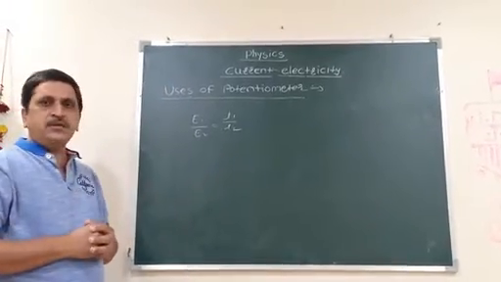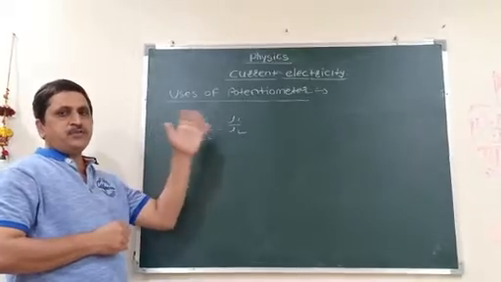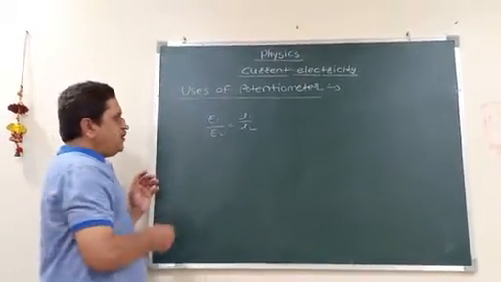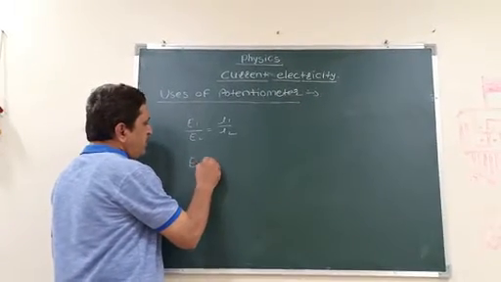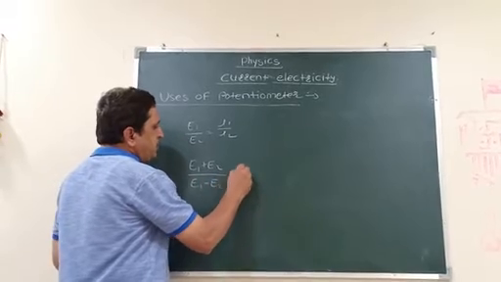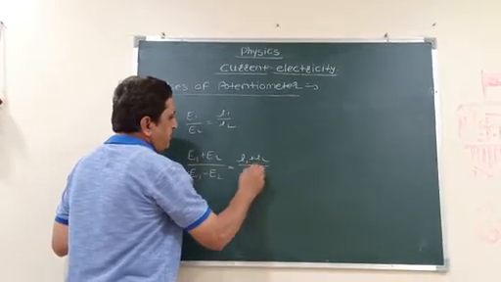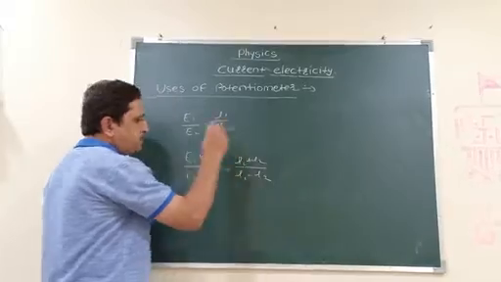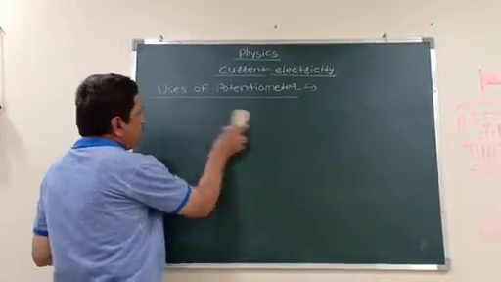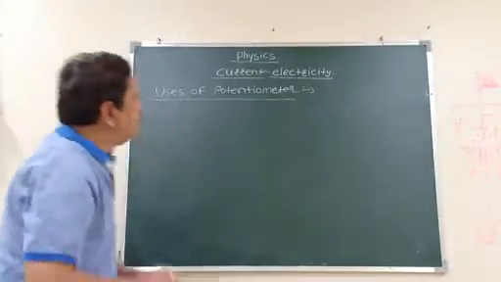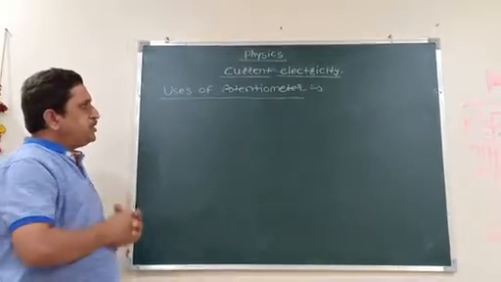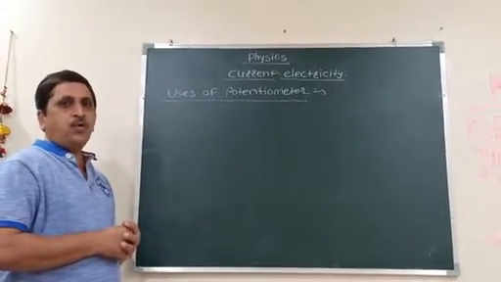Then after that, we have seen how we can compare EMF of two cells by using potentiometer on the basis of sum and difference method. In that method, finally we got equation (E1 + E2) divided by (E1 - E2) is equal to (L1 + L2) divided by (L1 - L2). Then after this, what we have seen? We have seen some basic terms on which we can distinguish between potentiometer and voltmeter.